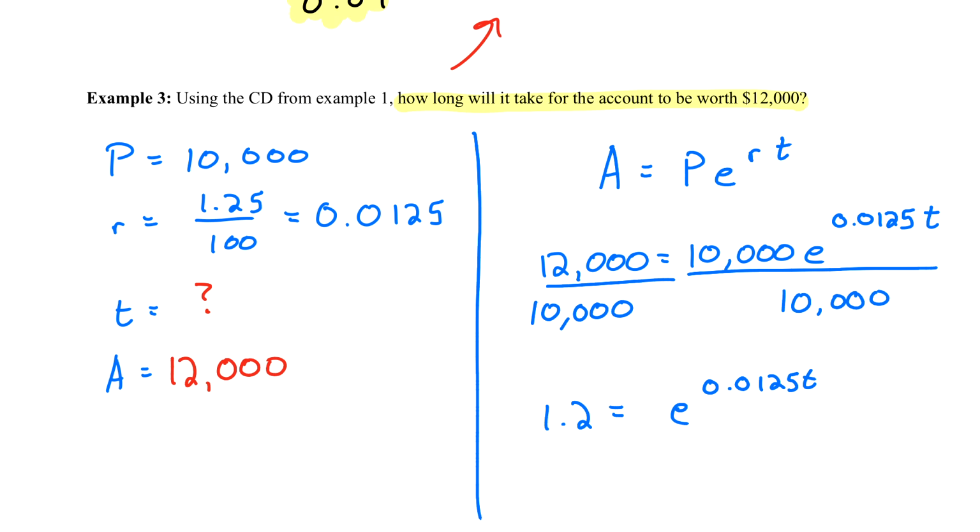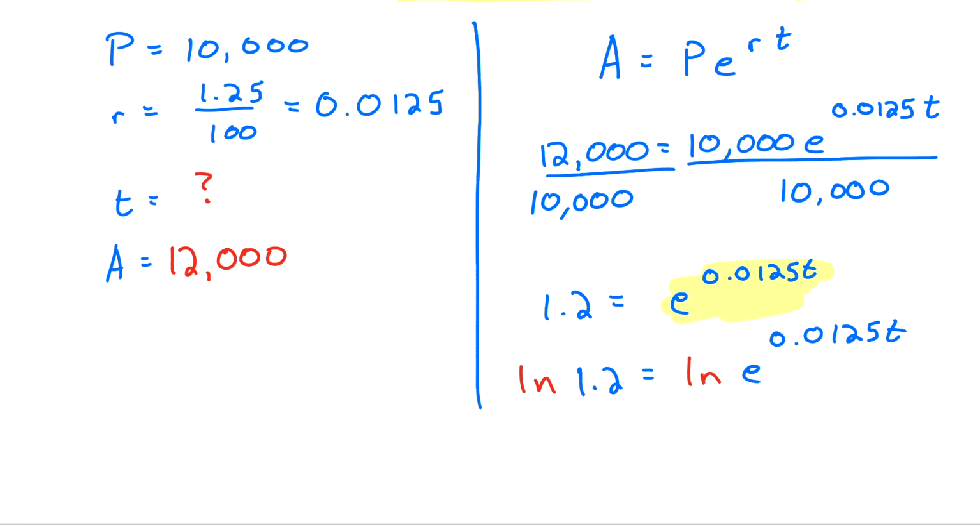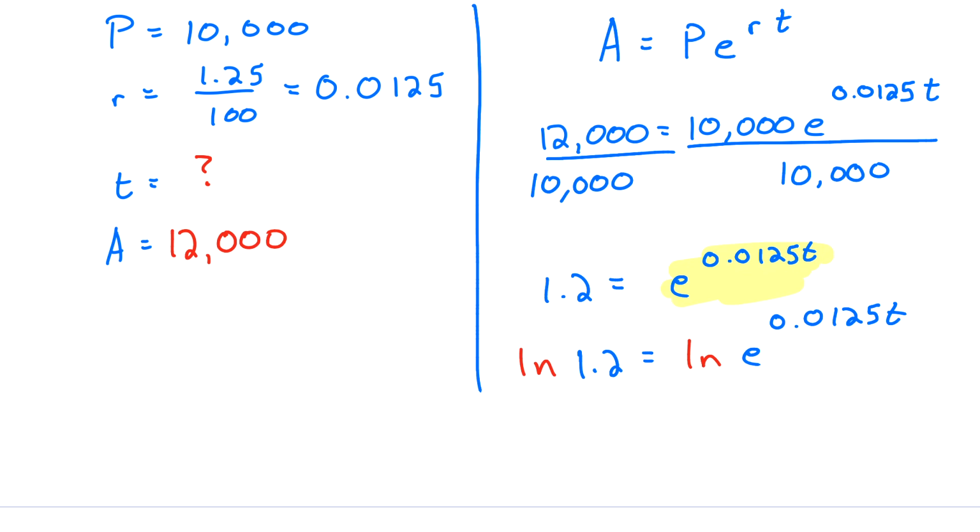And now that I have this exponential part by itself, now I can go ahead and take the natural log of each side. So we'll say the natural log of 1.2 is equal to the natural log of e to the 0.0125t power. Well, natural log of 1.2, that's a number, so we're just going to leave that as natural log of 1.2. On the right-hand side, I know natural log and e cancel each other out, so I'm just left with